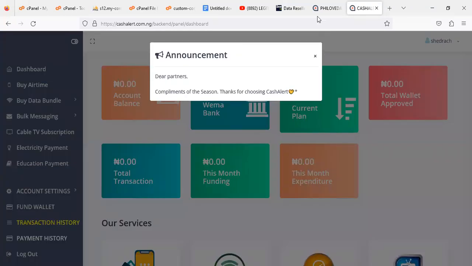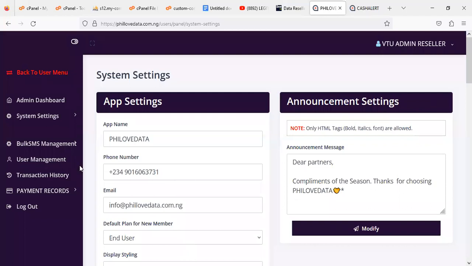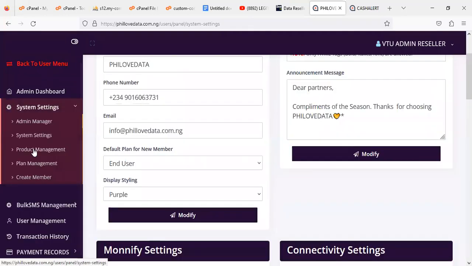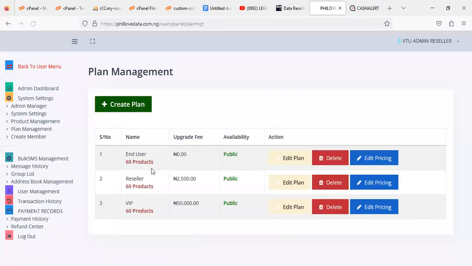Now, I want to show you other things you need to do as an admin. The only thing you need to do is to modify product, which is very important. Click on the settings again, then click on plan management. Can you see it here? Click on this plan management. So once you click on plan management, you will see we have